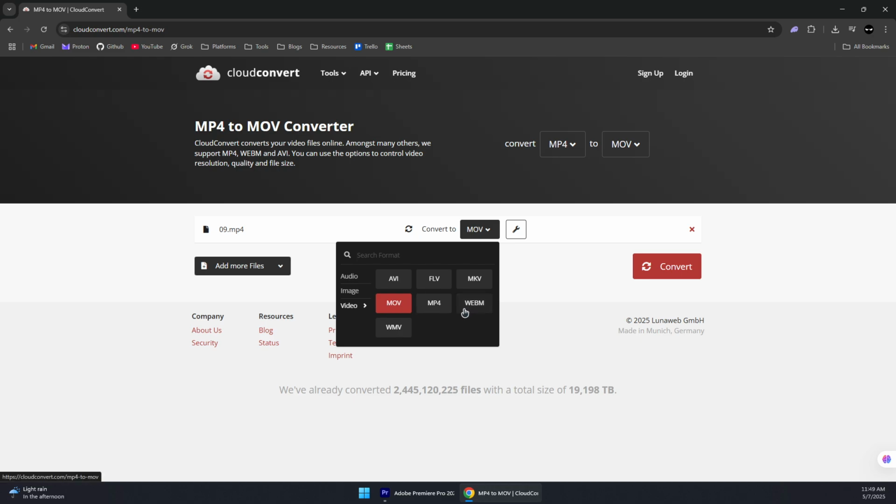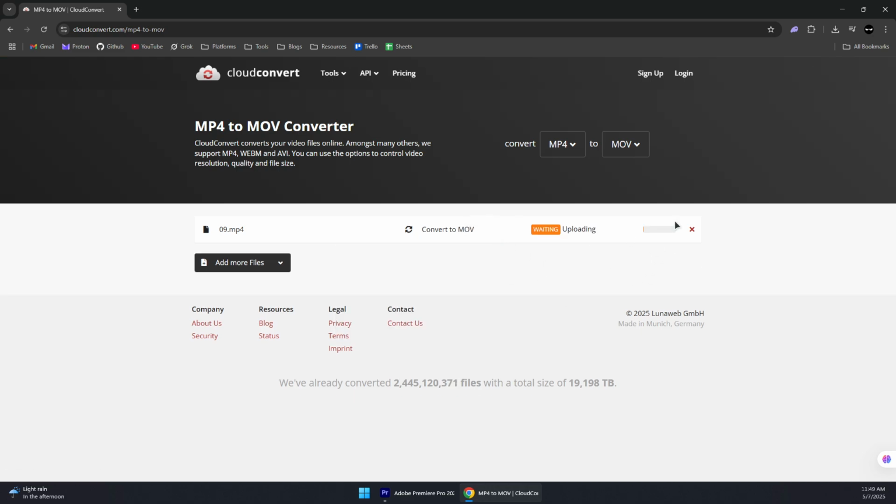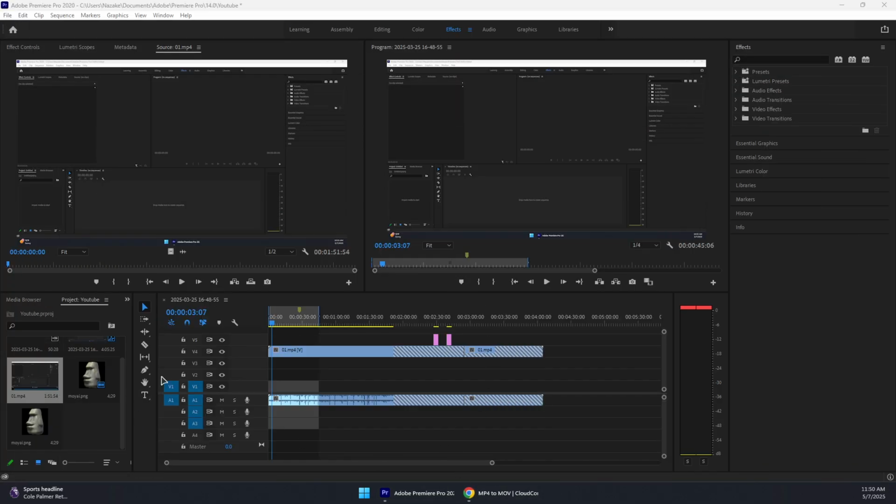You select MOV or whichever format you'd like, then simply click on convert and wait for it to upload the file, and then start converting it on the cloud. Now once the upload is completed, you should see a download button here which you can click on to download your video in MOV format. Then you can simply drag it over to your Adobe Premiere Pro, and it should import, it should work